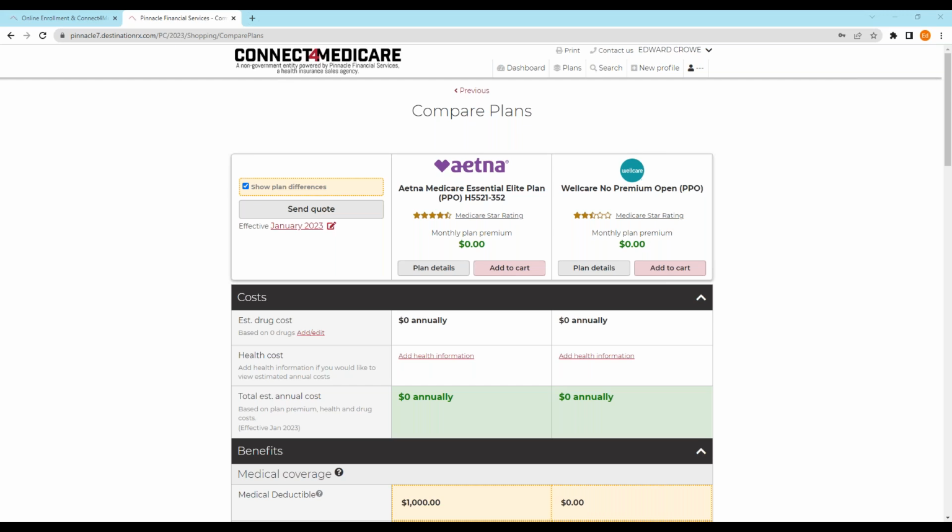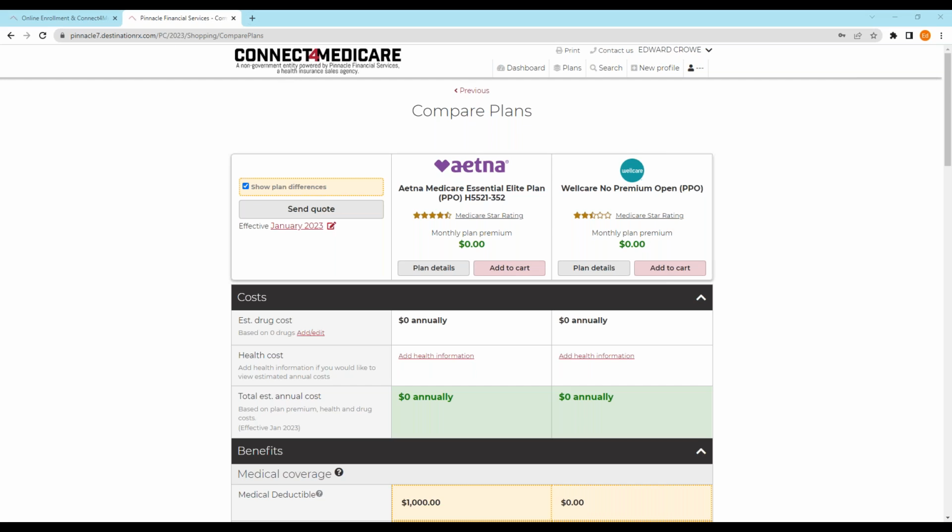Okay, so how do we do transactions such as call recording when we're on a cell phone in our cars? Well, my first statement is, I wouldn't think most of us are enrolling people in an actual plan on our cell. With this system, you've got to be in front of your computer. So if somebody calls you on your cell and you're in your car, I don't think we'd be enrolling them anyway. But what you would say to them is, yes, I can talk to you about Medicare plans, no problem. I just have to schedule something for when I'm in my office so I can call you from a recorded line, and then you can record that. So that's a good question, though.